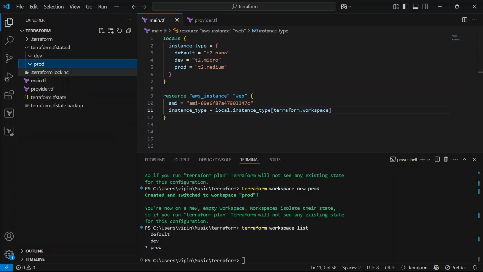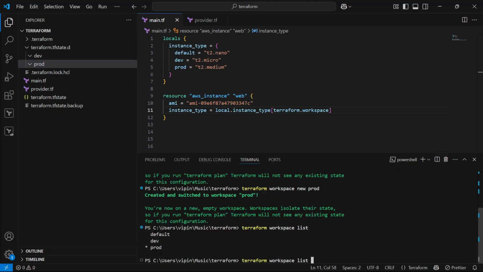And if you are going to see after the creation, you will have a separate state file related to the workspace and the environment here in the terraform.tfstate.d. So whenever you are managing your infrastructure and environment using terraform workspace, you are going to have this file that will manage your terraform state file, under terraform.tfstate.d, right? So let's go and create the infrastructure.